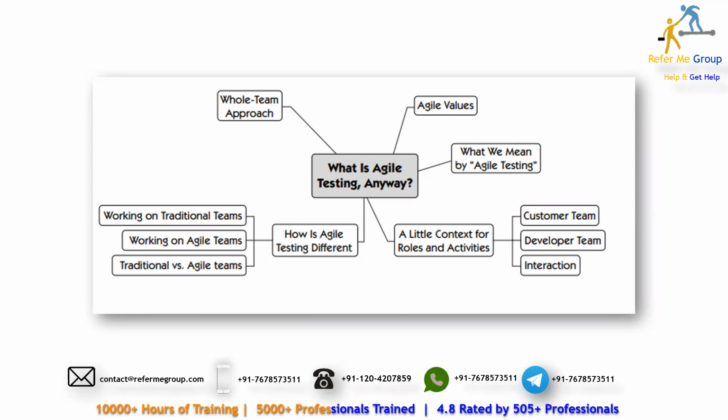We have a traditional working team, and we have an agile team, and we have a difference between traditional versus agile team. And we have one approach which we follow in agile testing, that is the whole team approach, right? So in this upcoming topic, we are going to discuss about